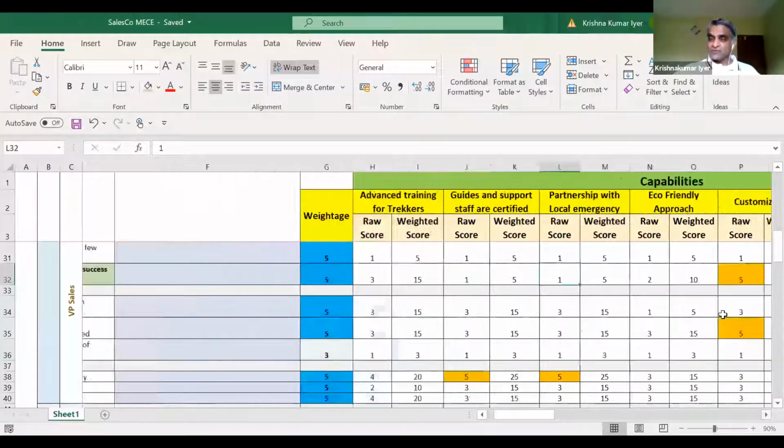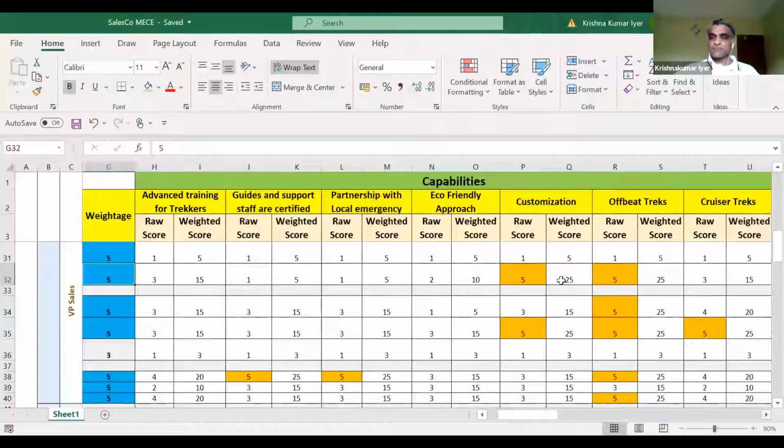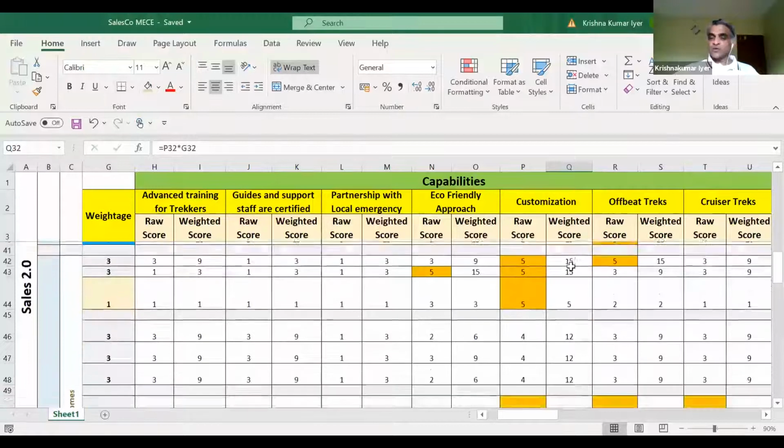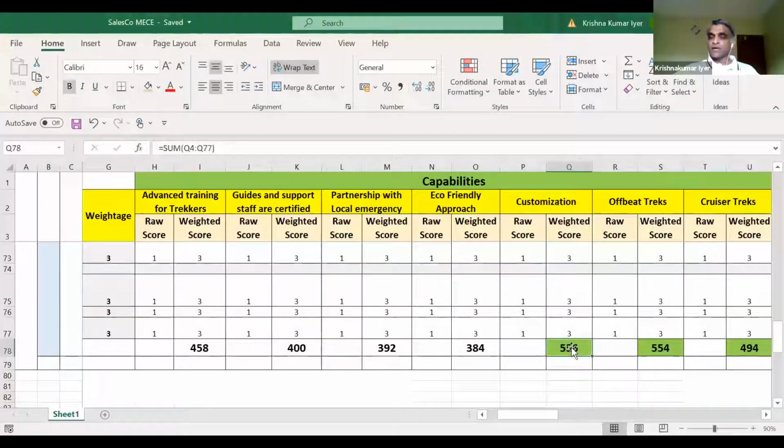As compared to that, the fact that we are able to offer a sales consultant who will work with the client during the entire trek, we are putting a raw score of 5. So the multiplication of raw score to the weightage is what gives you the weighted score. And the sum of all weighted scores right at the bottom helps you arrive at your differentiators. Hopefully I've addressed this question, and if not, we can potentially even take it offline if required.